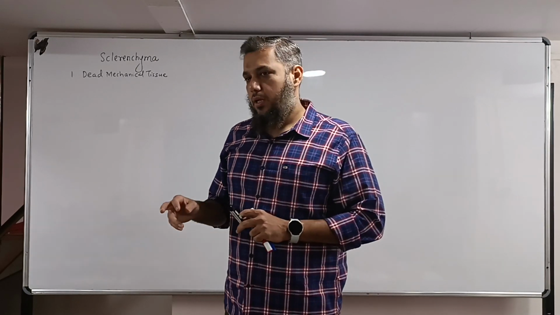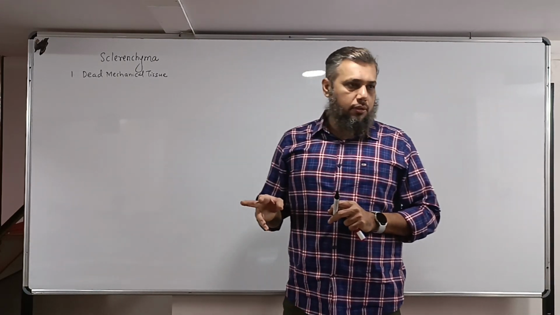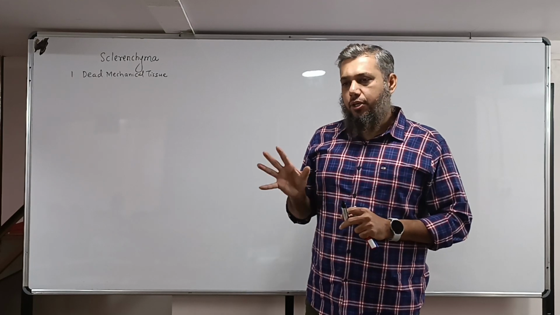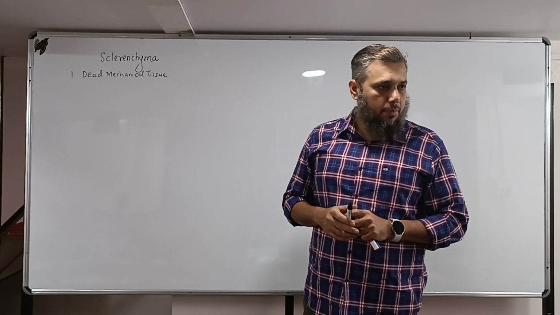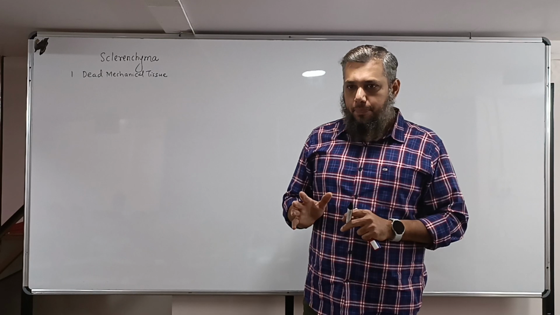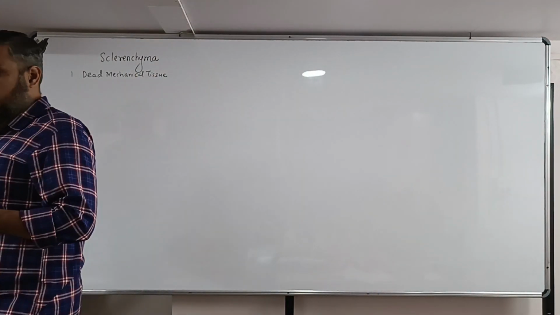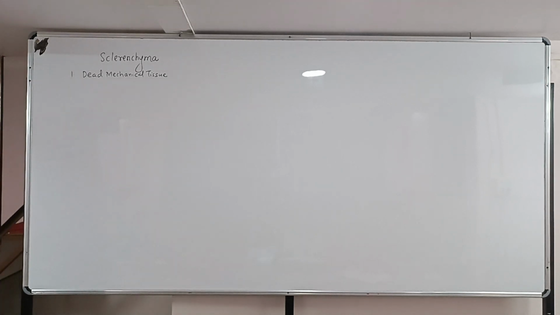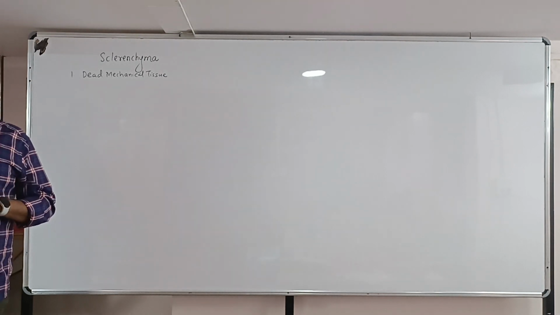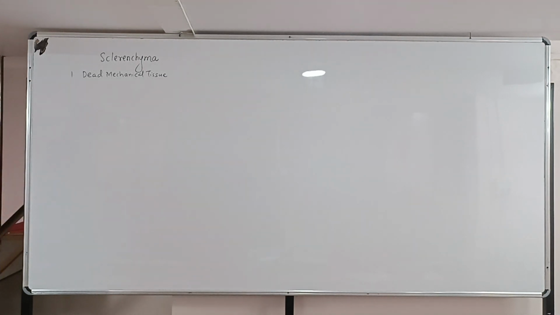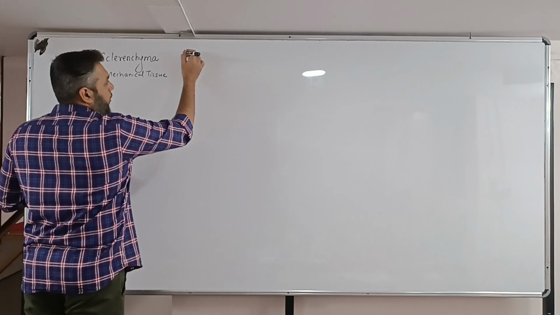So if I am asked, sir, out of the three, which is the main mechanical tissue, I'll go with what? Sclerenchyma. Okay. So if you are supposed to choose for mechanical functions between the three, we'll choose sclerenchyma over collenchyma. Now, how does the tissue become dead? Is it dead right from the beginning? The answer is no. So initially, the cells were living,